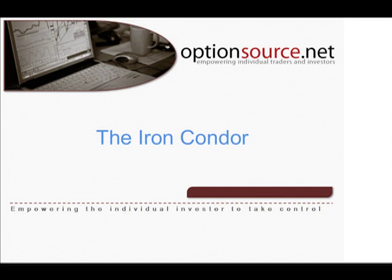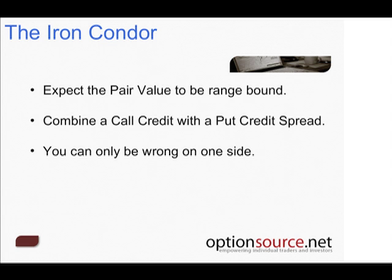Now, one of the other considerations with respect to taking advantage of being the options writer is implementing a little strategy known as the iron condor. Sometimes when we start Googling option strategies and looking for different ways of participating in the market, some of the names that are presented to us become a little bit confusing. But really, the iron condor is a very simple strategy that just combines the two strategies that we've already